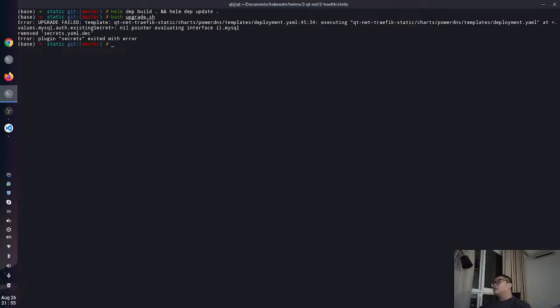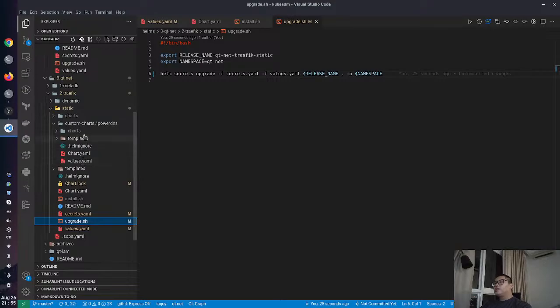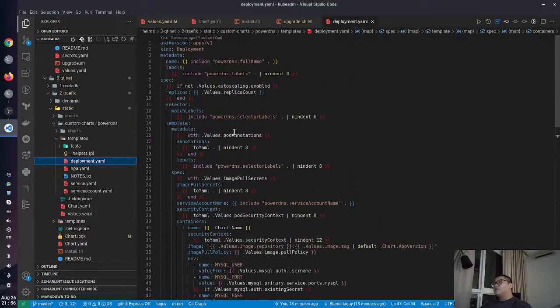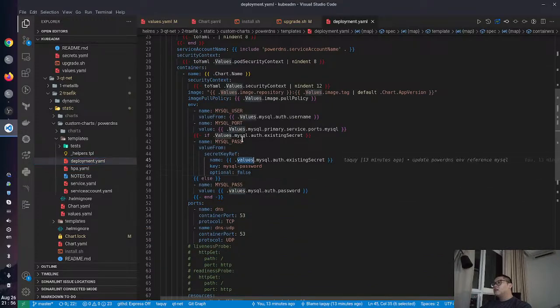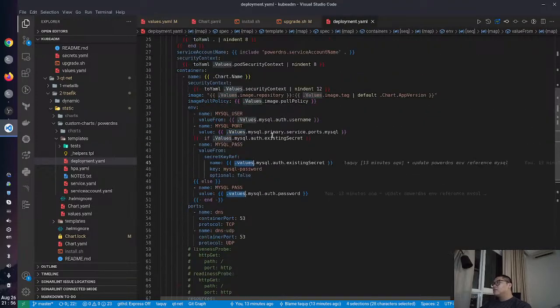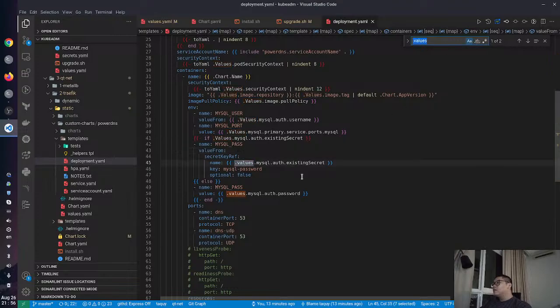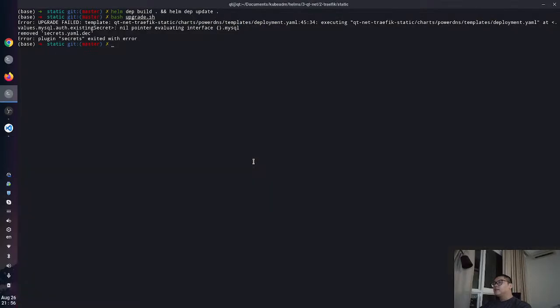Let's try to upgrade it. Okay, so here's the error. I think, yeah, we are pointing to the MySQL value, which is not existing. So I think one thing I can try is to update the template in the deployment here. So I think the values have to be out there somewhere. Okay, strange. I'm not sure why these values I just set. Let me just start this by capitalizing. So this one, the first letter should be capitalized. Okay, now I need to helm dependency